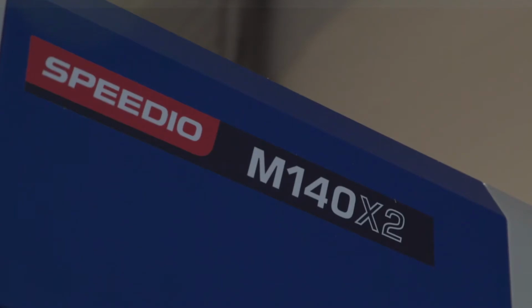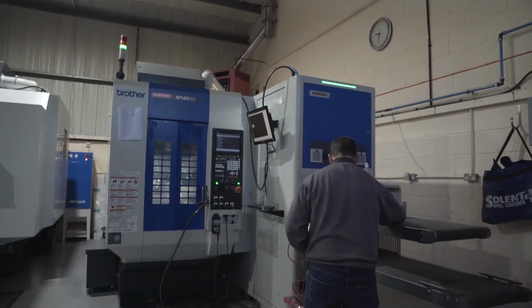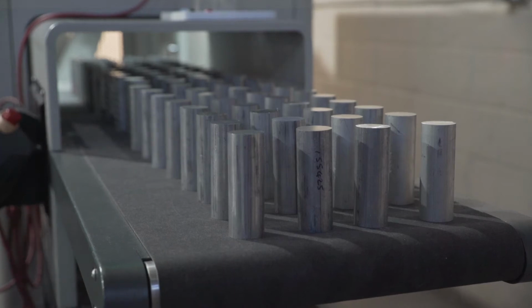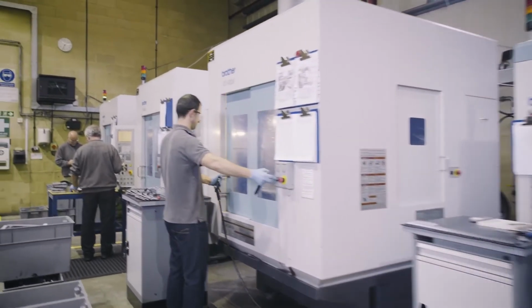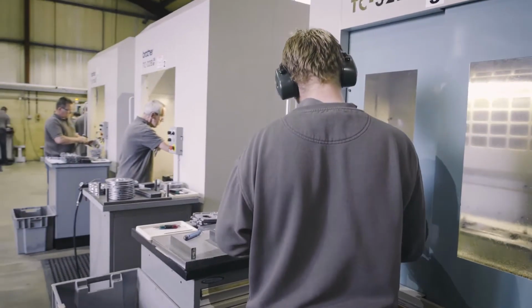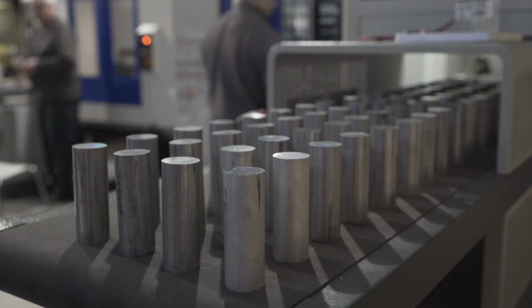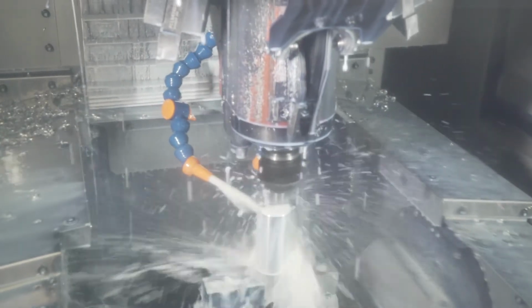We developed 3 concepts for automation for MRT. Each concept was supported with a strengths, weaknesses, opportunities and threats analysis, along with an investment level, benefit and viability indicator. MTC engineers spent a long time with us looking at our parts and looking at our processes, and presented a range of proposals, different options of different types of technology and the pros and cons of them. Helped us make a balanced decision, and we then selected a partner and put a robotic cell onto a new